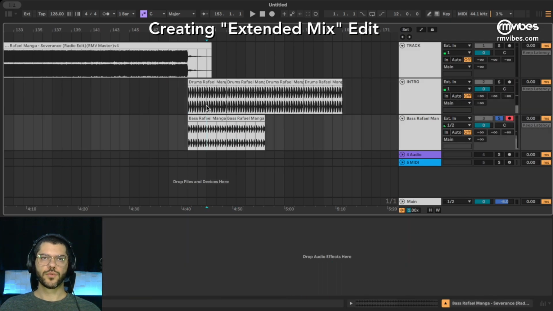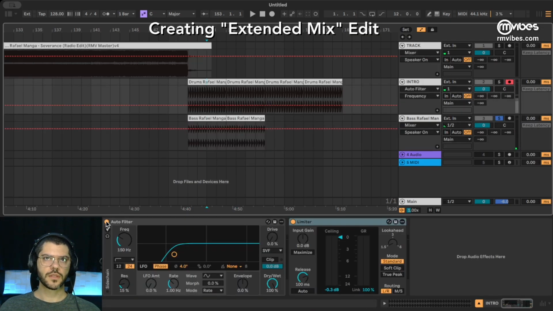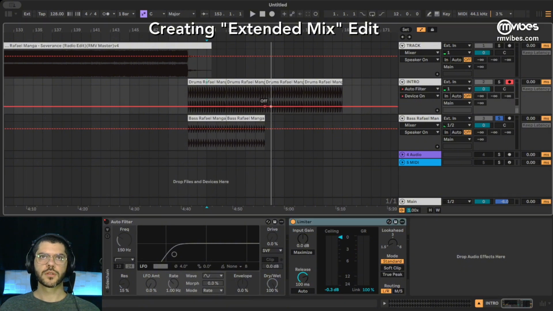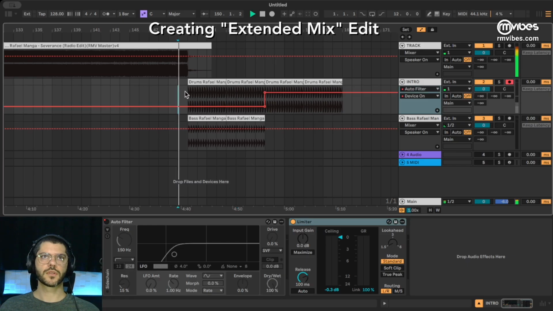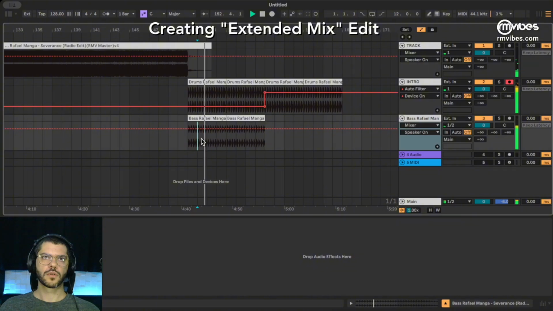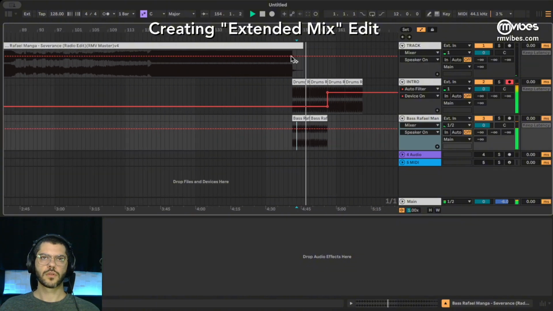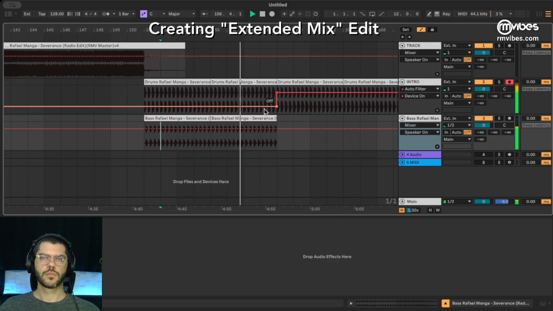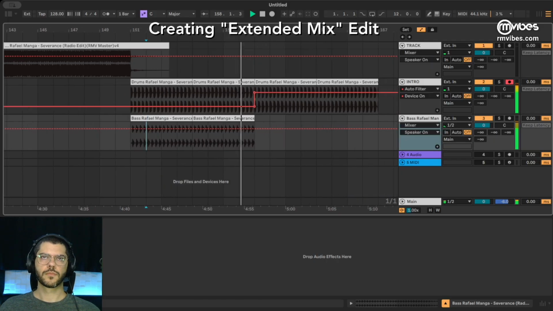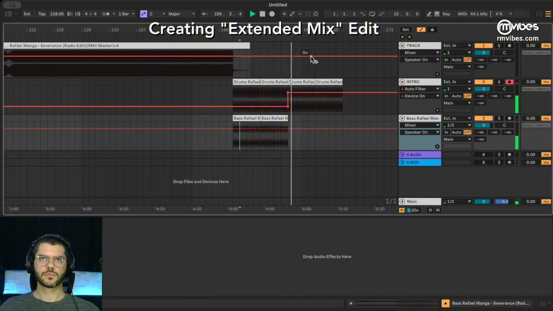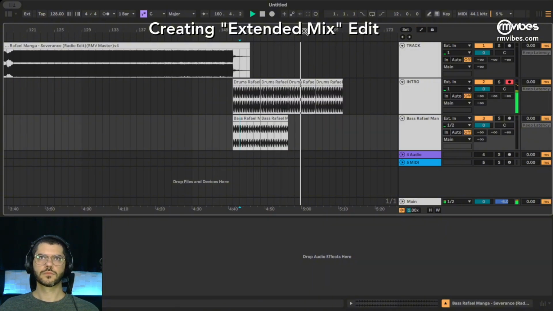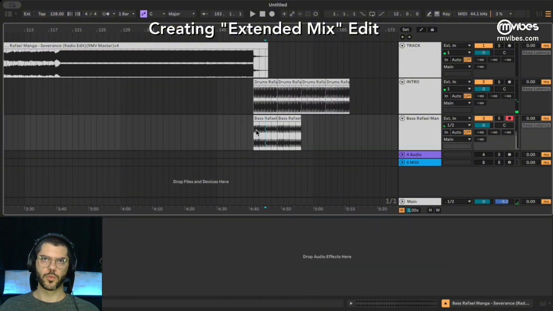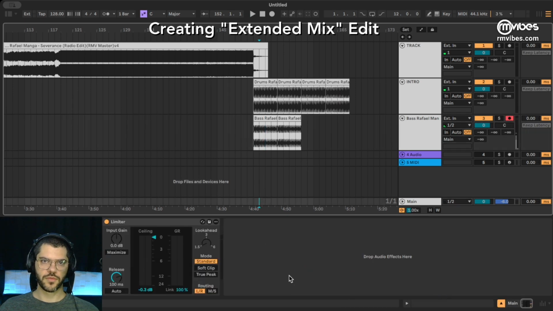We can let the full bass, and here we can automate a filter, so we can have this. The same way we can use some effect like